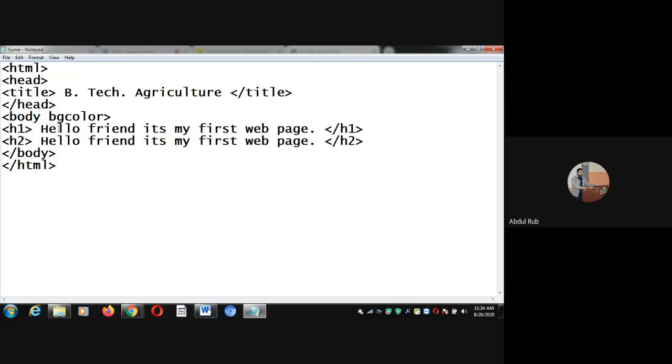You write the attribute before the closing angle bracket, after body, giving a space. Write bgcolor equal to, then open and close double quotes. Put the cursor between the double quotes and write a color. Suppose I write purple.